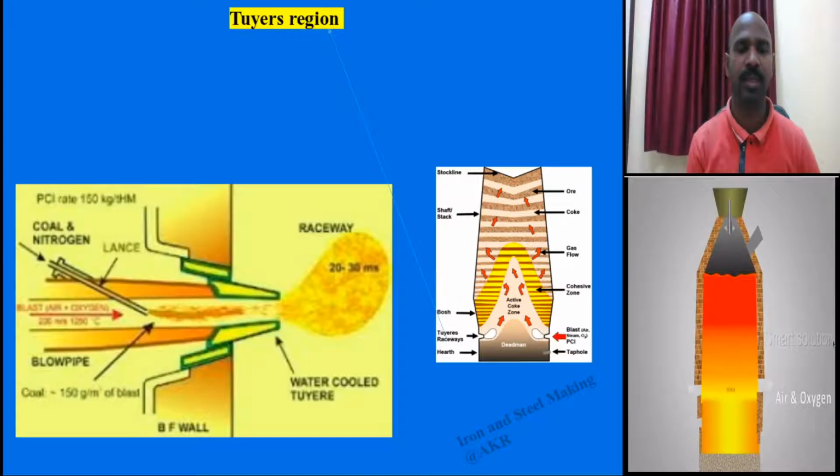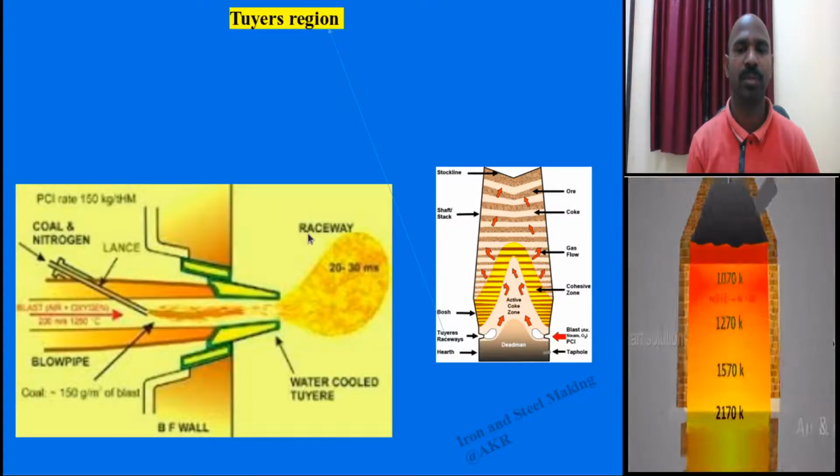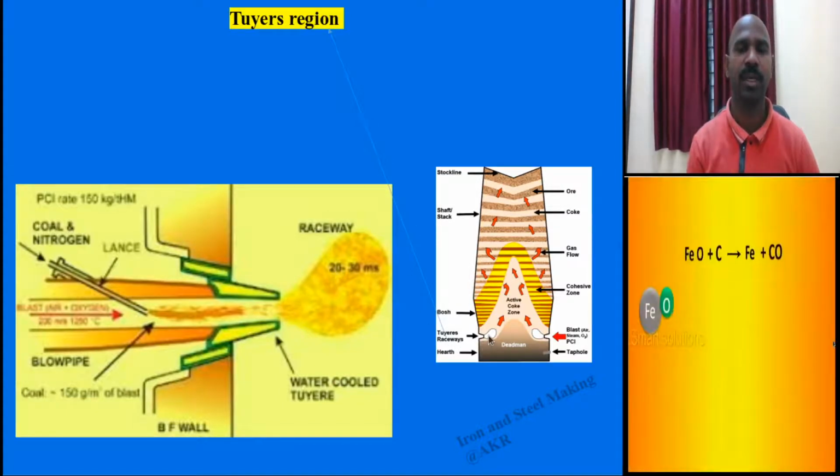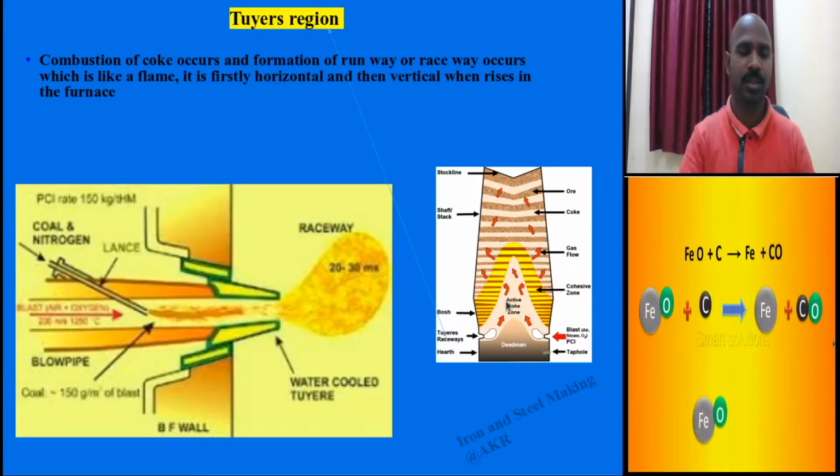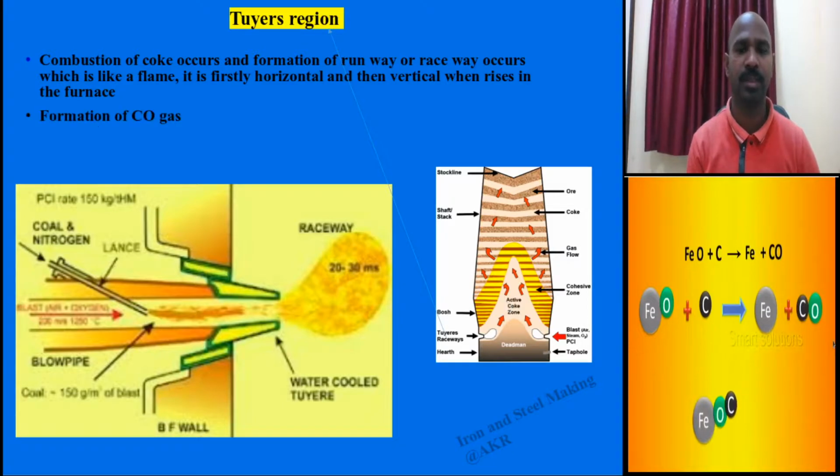Now coming to the next zone, the tuyere zone, through which you send the hot blast, which we call the raceway. This flame is initially passed horizontally, then slowly takes the vertical direction, and it evolves the CO gases. That particular CO gas formation interacts with the solids in the